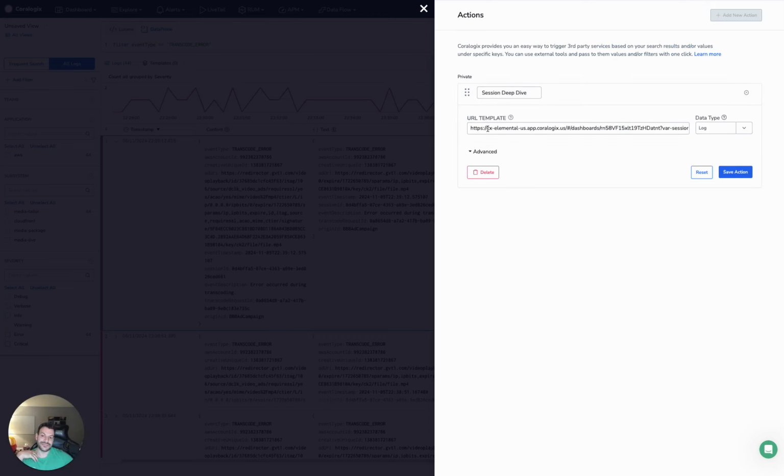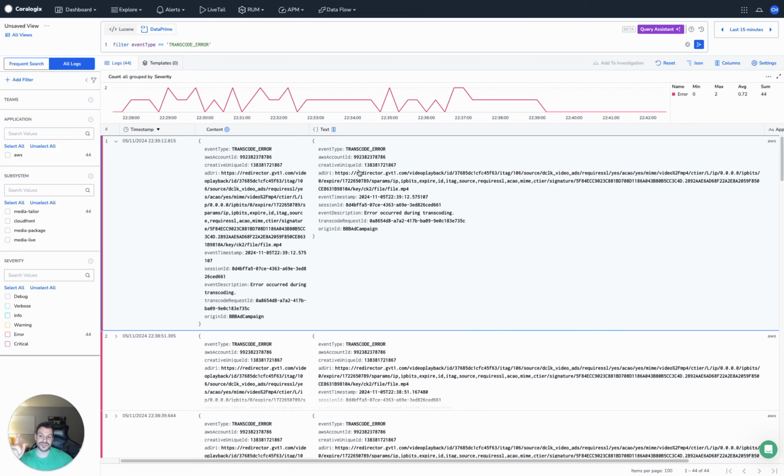We have a URL template. This is actually pointing to the account in which we're running right now. We have a dashboard, and we can also set a variable for that dashboard. In this case, it's the session ID from the document. So when I invoke this custom action, it reads inside the document and finds the session ID and presets that in the dashboard. So when I click session deep dive now,